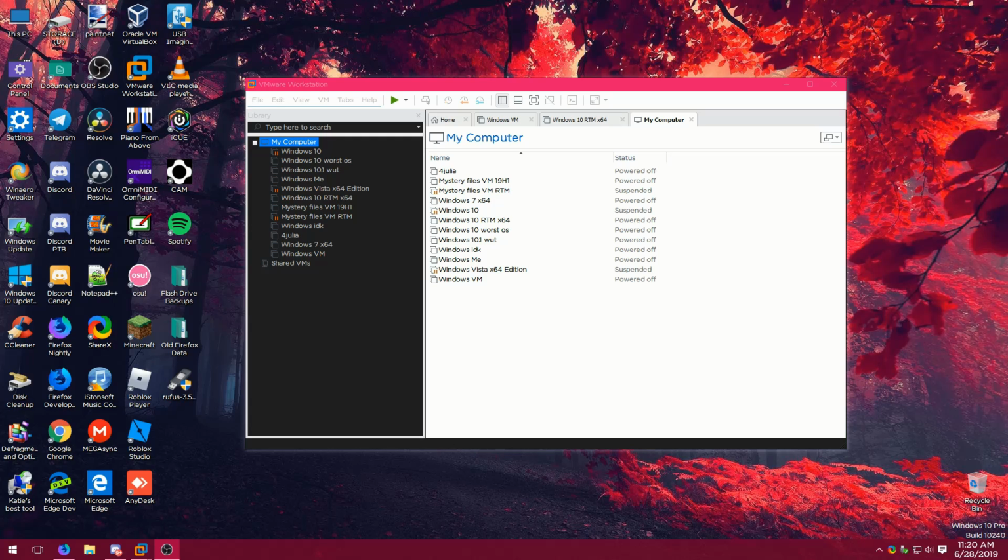Now, I don't know exactly what this is going to look like, or what it really is, so we're going to install it in a VM, and we're going to see how it is, which someone sent me this ISO, however, it was made by somebody else. I'm going to put a short clip explaining by who, because I don't know exactly, and if I look it up, I might see the OS, so I didn't want to look it up, so I'm just going to put in a little clip explaining about it, about who made it and stuff, and then I'll get back to the video. So here you guys go.